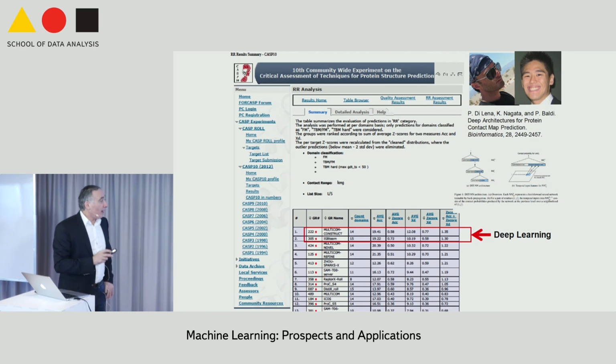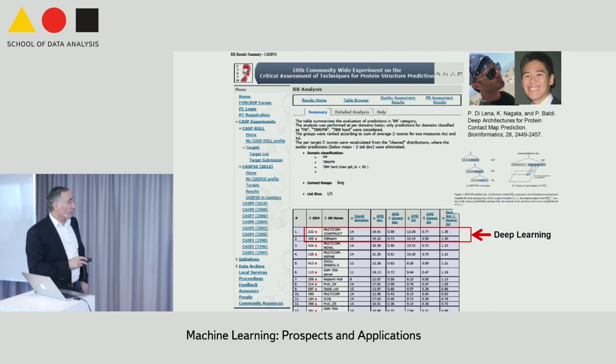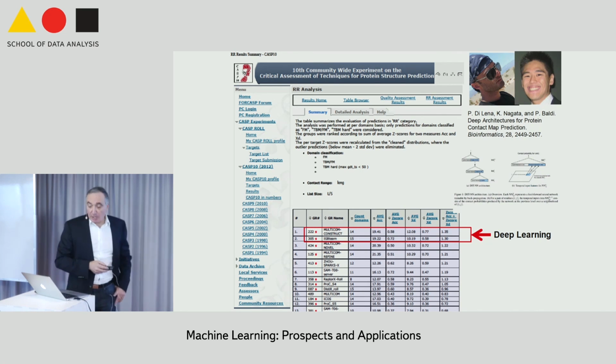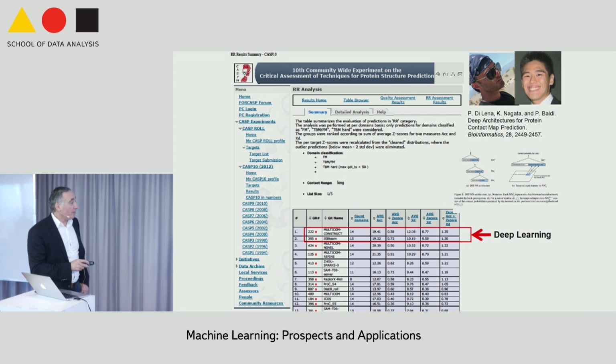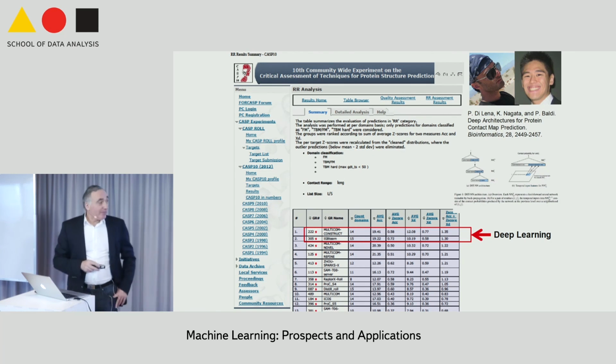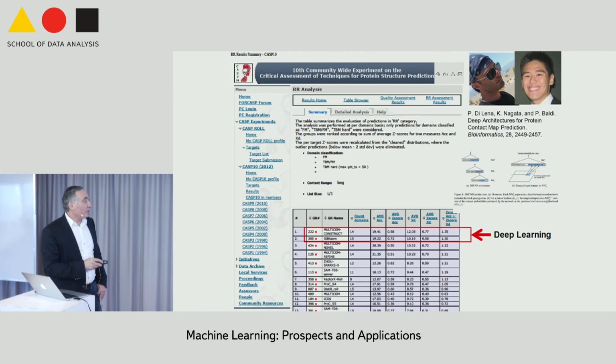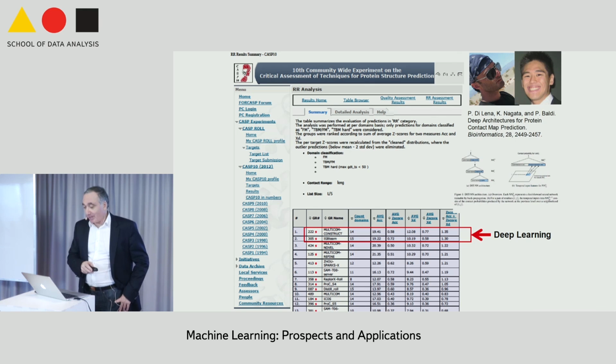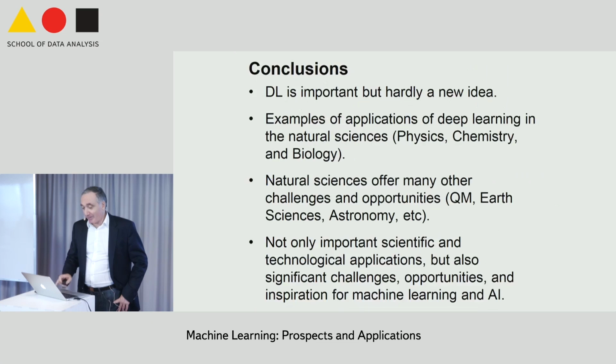Anyway, using this type of architecture at one of the recent CASP experiments, which is the main experiment, the ImageNet of protein structure prediction, if you want, the top 2 entries for contact map predictions were deep learning. The best is my former students, and the second best is my current students, which shows that professors have no influence on their students, basically.